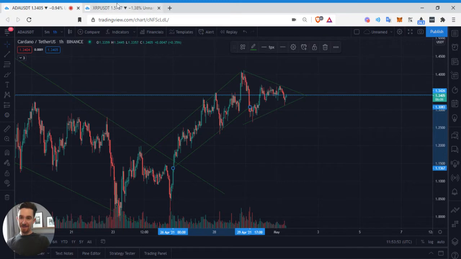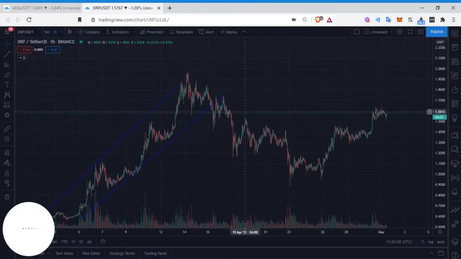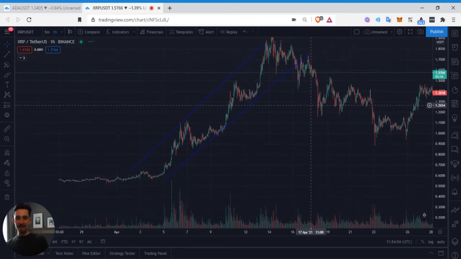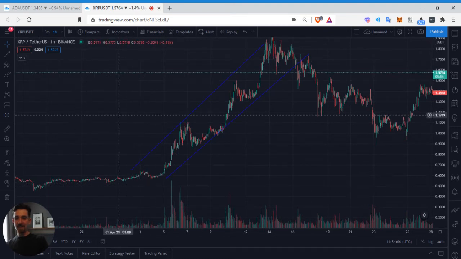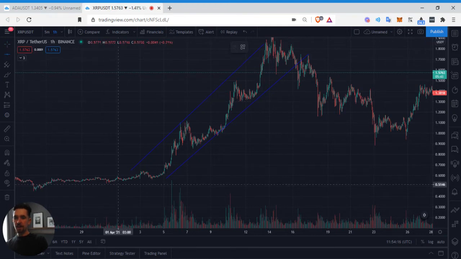So moving on to XRP. We went a little bit long in Cardano, but XRP is quite interesting. Again, this very, very long rising wedge right here. You can see after this sustained dump period, you can draw this out as, let's pull out a horizontal line, a historical support level around this area.